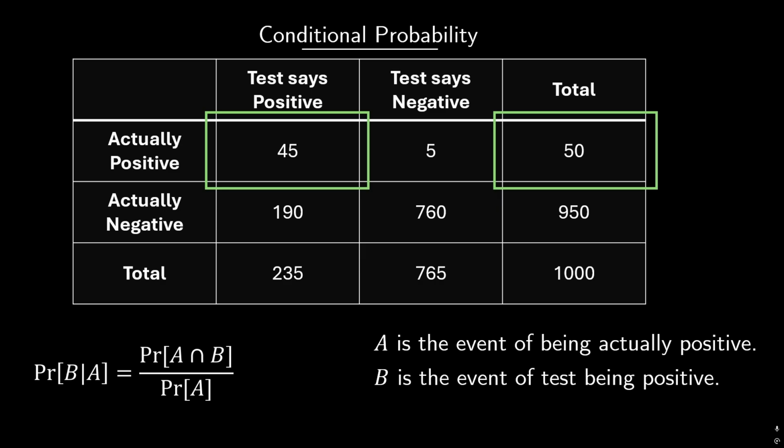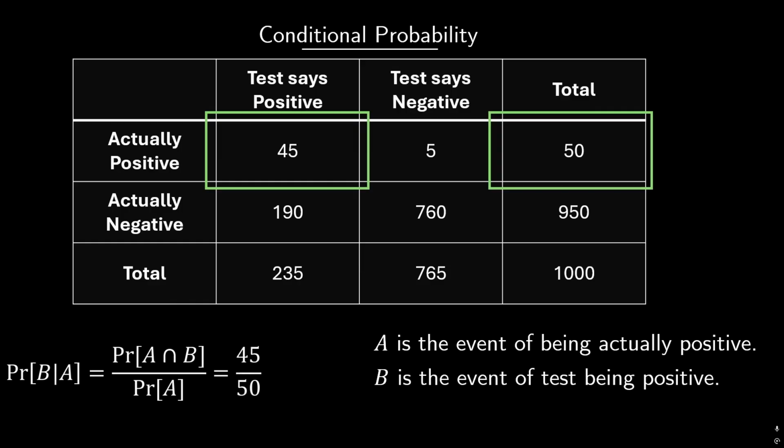So based on this table here, to calculate the probability of the test saying positive, given that we know for a fact that the patient is actually positive, then instead of dividing by 1,000, we should be dividing by 50, because that's the number of positive people. And of the 50 positive people, the test said yes to 45 of them,